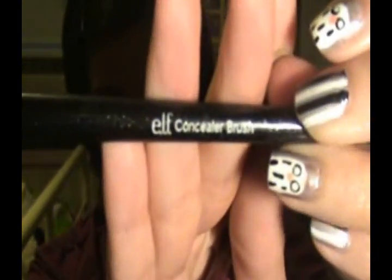I use my concealer brush from my e.l.f. Studio line to put this on. She uses an eyeshadow brush, but I feel like this is good too for me. And so yeah, I use this concealer brush. And together,